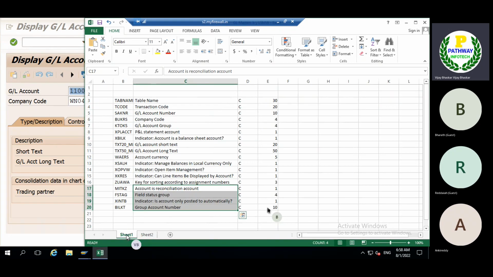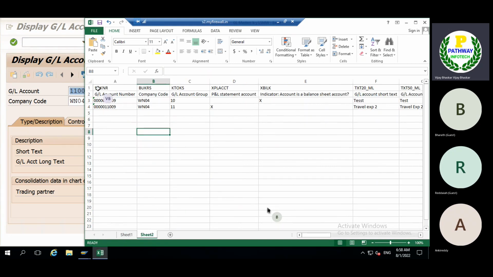It's a completely end-to-end process in real time. As a consultant, we are the persons responsible to create this template. We need to capture the fields, then prepare this template, and give it to the business people, who are going to fill in all this information. This is how the LSNW is going to work, and how to upload the master data into the system. You can create the LSNW template.